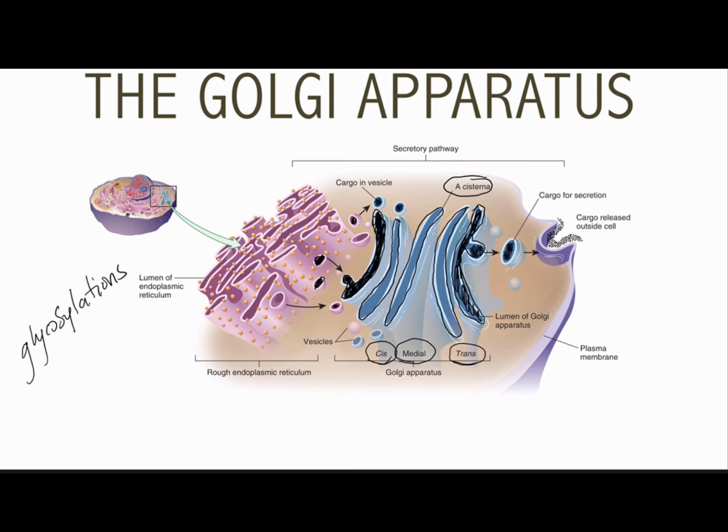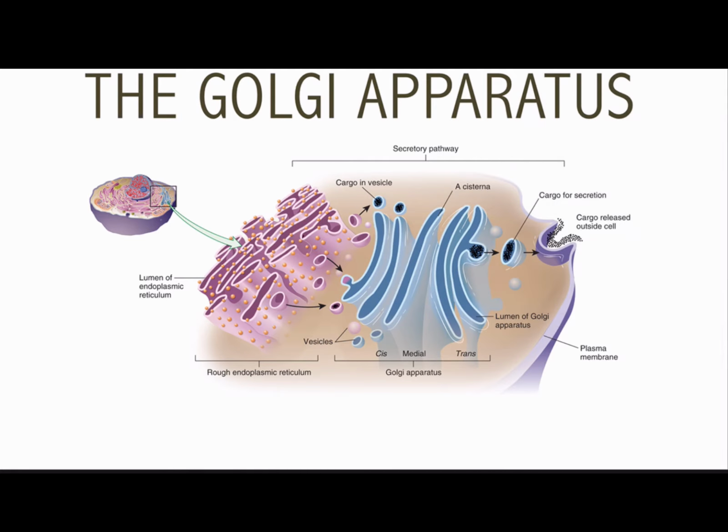And so let's just think about a specific protein. Let's think about the protein insulin, which is produced on ribosomes on the rough endoplasmic reticulum. So it gets translated into the lumen of these endoplasmic reticulum cisternae, and it gets packaged into these little vesicles. Then these vesicles fuse with these stacks of membrane on the cis face of the Golgi, and then what happens is